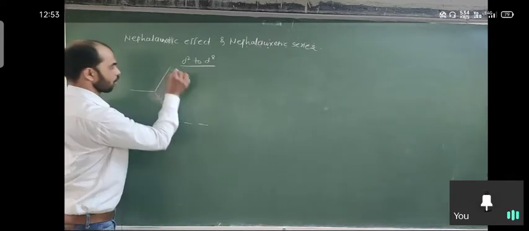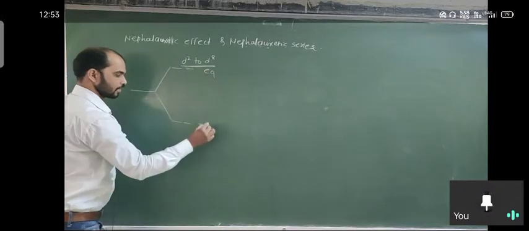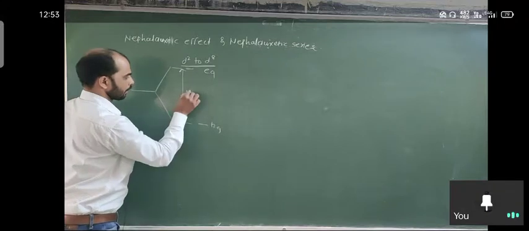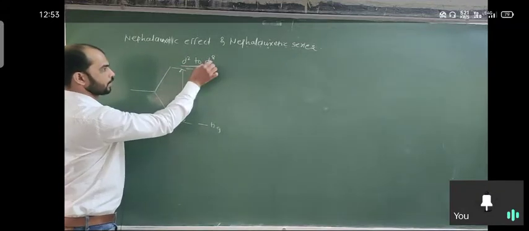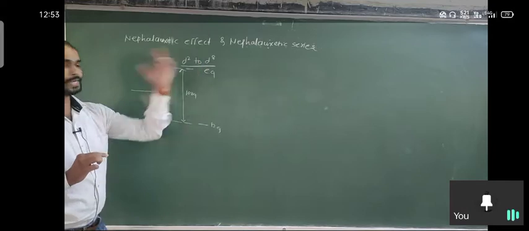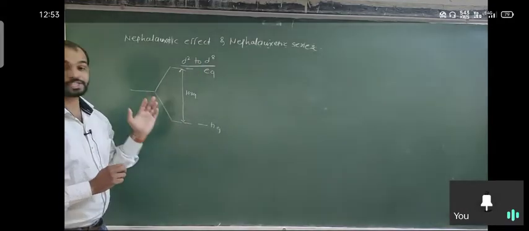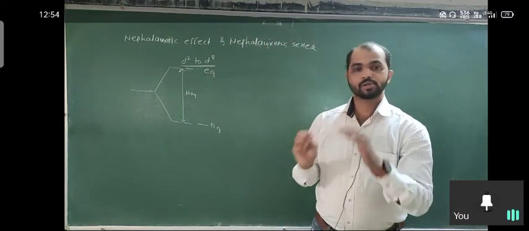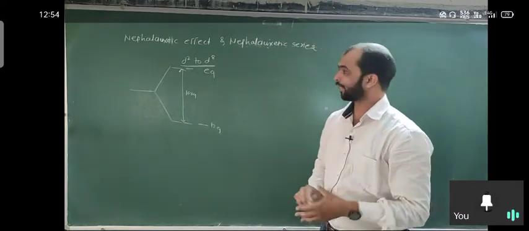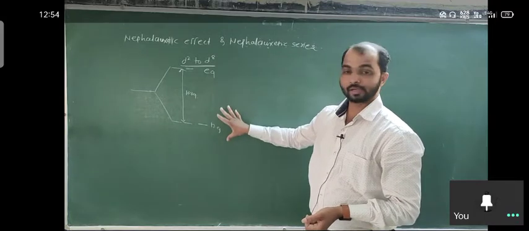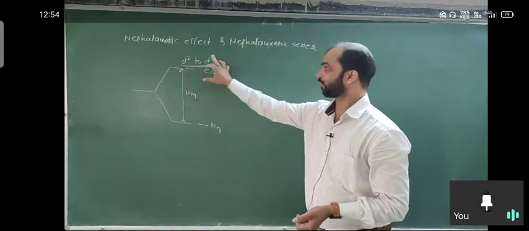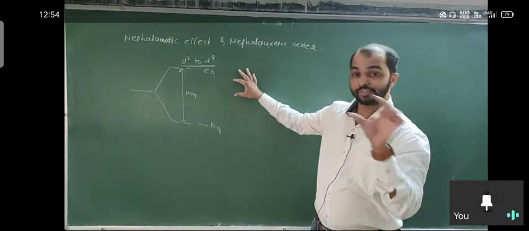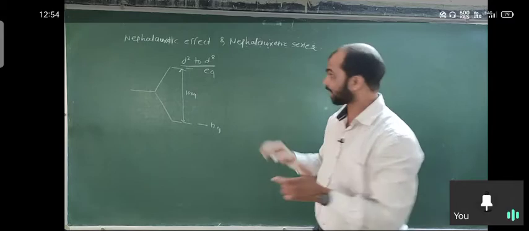Suppose we consider octahedral complexes. So here is the eg, here is the t2g. This 10 Dq value is different for d2 to d8 systems, because every system has a different number of electrons. According to CFT, it is expected for every complex considered with d2 to d8 configuration that